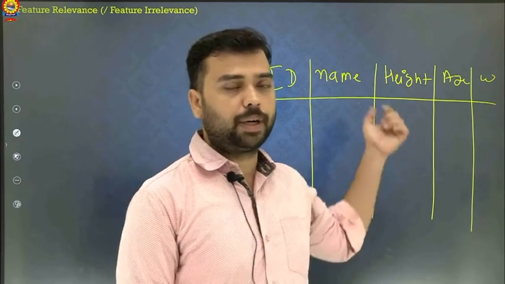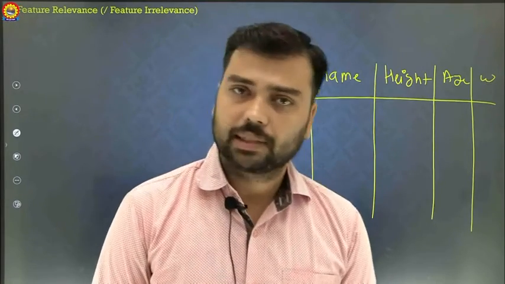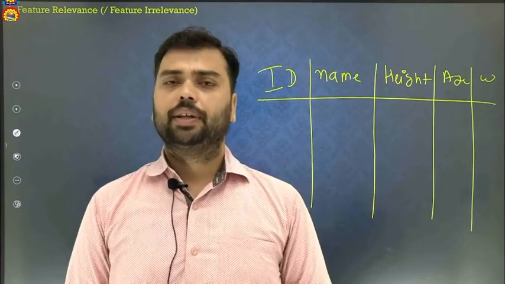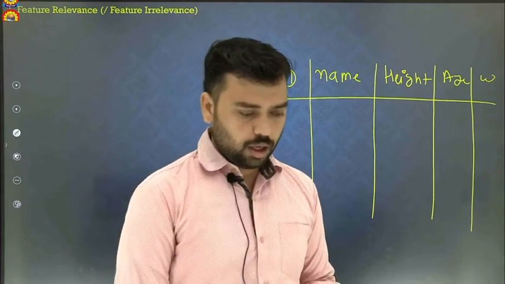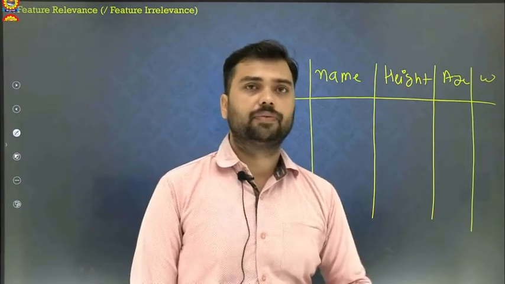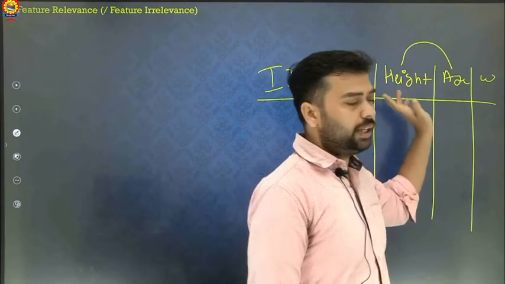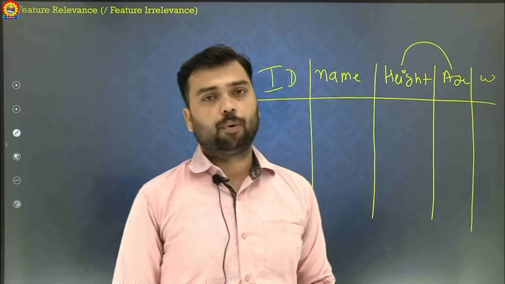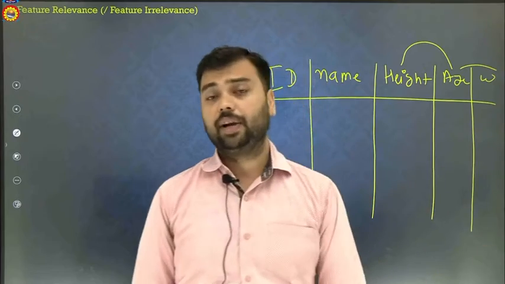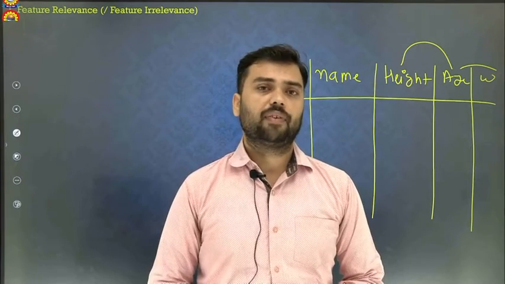If you look at these features, for getting the weight value, the important factors are: age also matters. When age increases, the weight also increases at a particular time. And when height increases, no doubt, weight also increases. So these two features, height and age, are very important to find out the target value weight. So these two are relevant features. Relevant means they have more impact on identifying the target value.